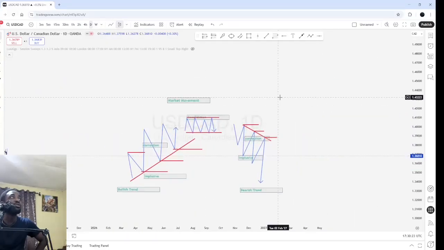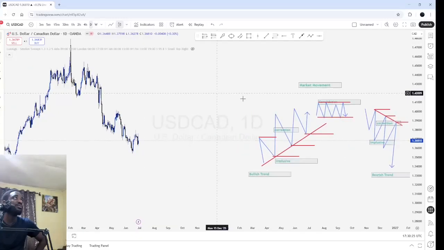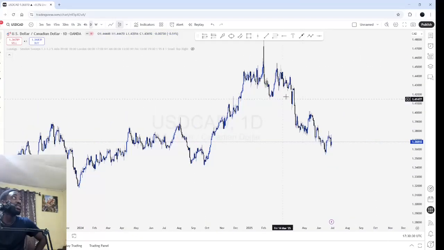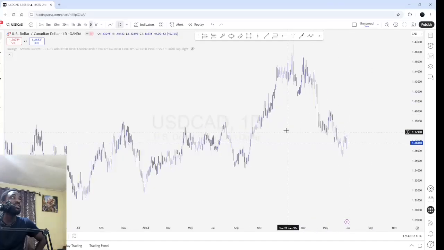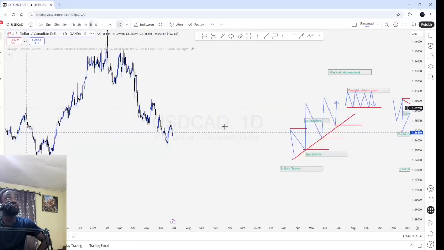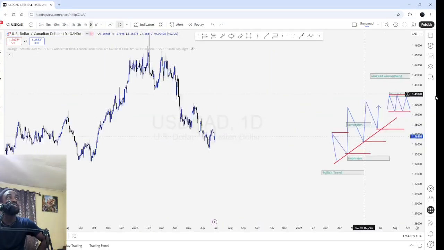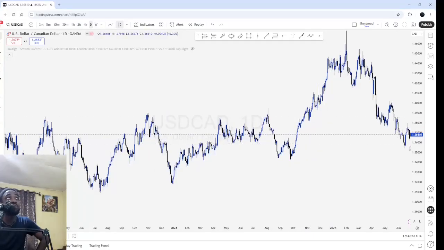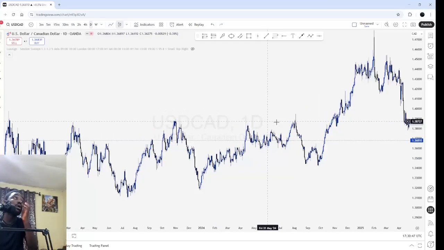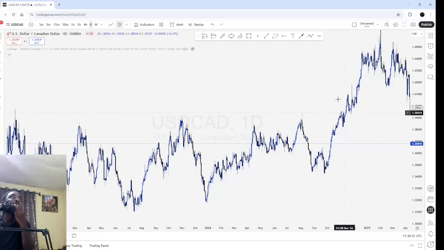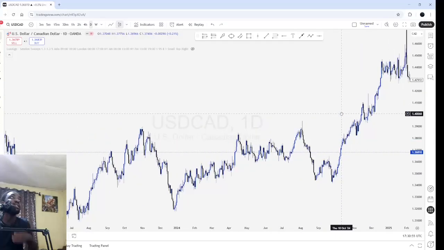So this is enough of the lines. Let me show you these three phases on a real chart. As you can see, the chart is not always perfect like the way you see it over here. Obviously this one is a perfect example, but because I have experience with all those things, I'll show you. So there's the daily.